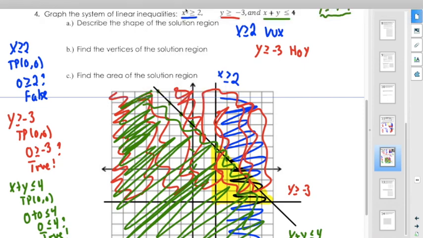Describe the shape of the solution region. Well, the solution region looks just like a triangle. Find the vertices of the solution region. That just means the points of the triangle. So it's these 3 points here. Okay, 1, 2, 3. Part B is good. And then find the area of the solution region. I don't know if that means to put an S in here or find the actual area, but we're not finding the area of the triangle. Okay? And that is day